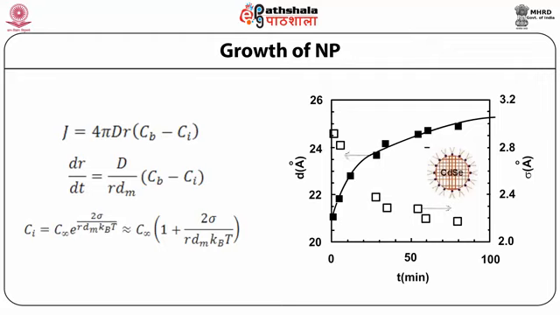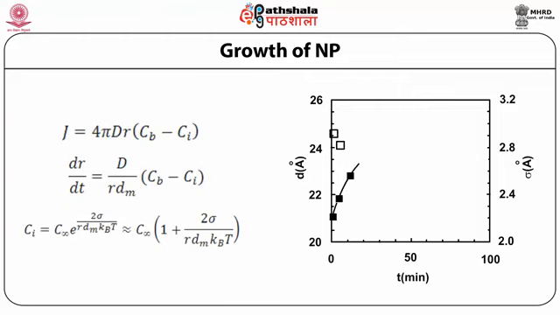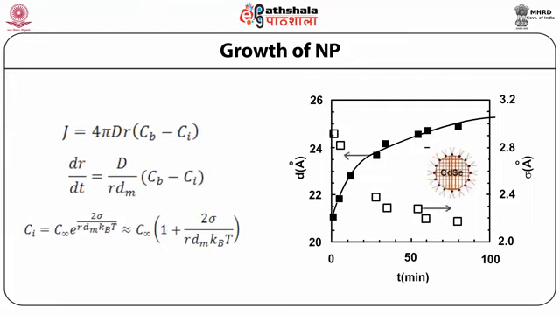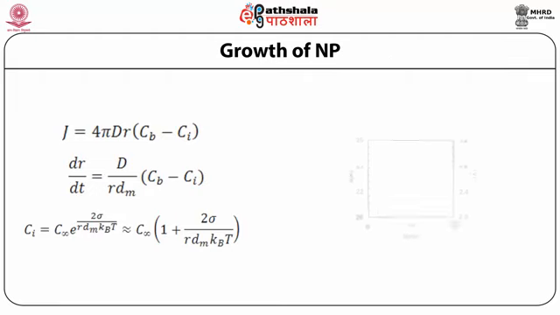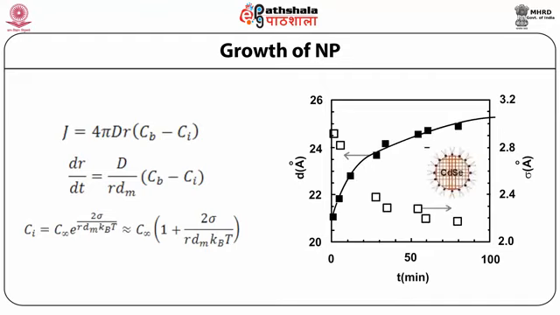Experimentally, this effect is also seen in the lower melting temperature of nanoparticles as compared to bulk. With the help of the Gibbs-Thomson equation, the vapor pressure of a crystal of radius r can be calculated. Through the general gas equation, these vapor pressures can be expressed as the concentrations of monomers in the vicinity of the surface